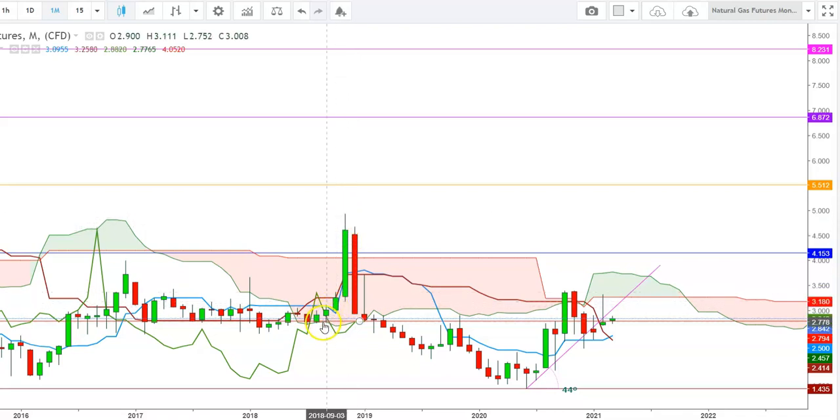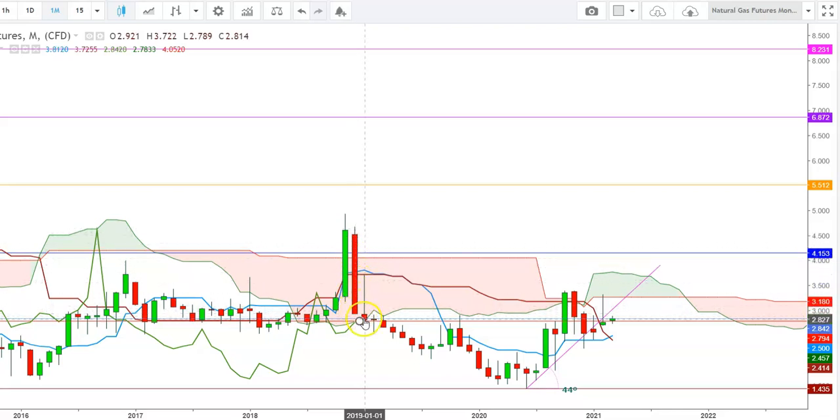2018. Friends, here you can see how the natural gas futures started an uptrend from August 2018, when they found a base at the levels of $2.794 during the month of August and September, and continued this rally during the month of November, when they tested the highs of $4.9 during the month of November 2018. So here you can see how the natural gas futures found stiff resistance at the levels of $4.656 during the month of December 2018, and since then we have seen a sharp downward move in